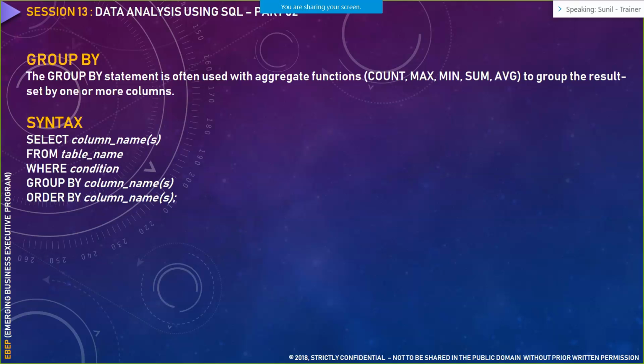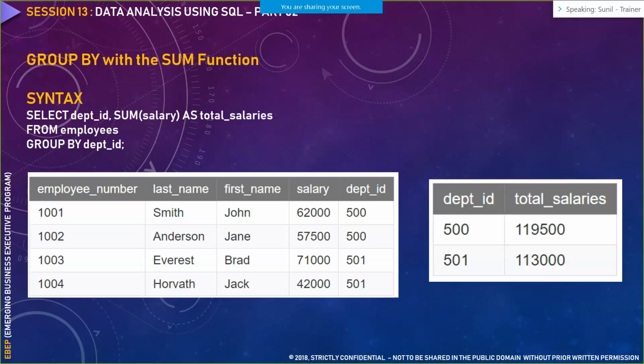So there would be certain scenarios like, find me an order wherein the maximum order value should be this much, or find me an order wherein the minimum order value must be this much, or give me a total sum of the orders that have been placed. In these scenarios we would be using the group by clause. We would be using these functions along with the group by clause. Now what are these functions exactly?